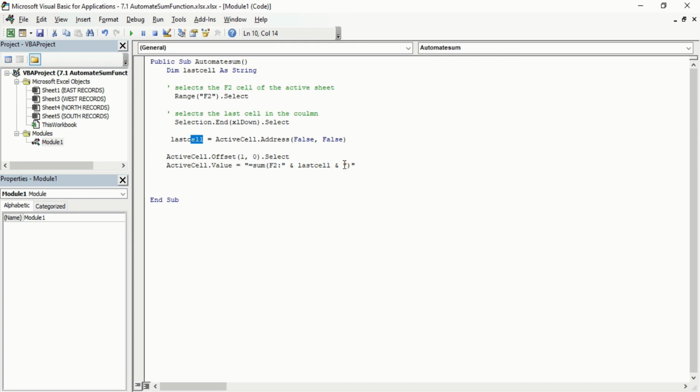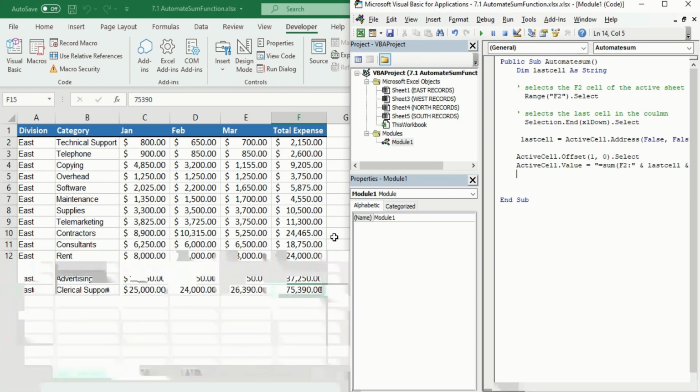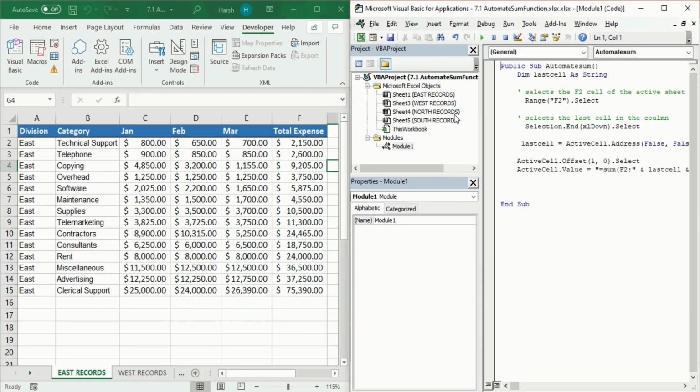So now what we will do, now we put here and after that enter. So now your formula and code is complete for the sum automation. Now you have to run this. And by running this, we will tell you one more thing, how you create and how you run it, to know that everything is going bit by bit and you are not creating any error within it. So first of all, you will put a cursor in public sub automation.